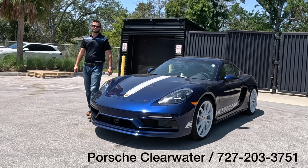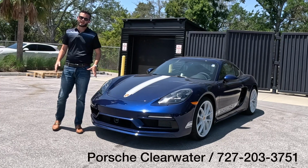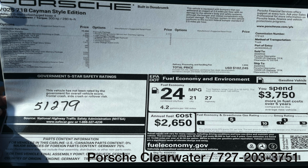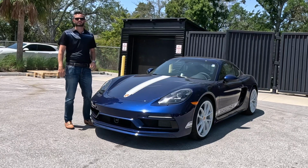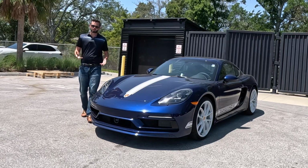Is the new 718 Cayman Styling Edition enough power? We're showcasing the 2025 718 Cayman in a metallic blue over black. We have a few packages, so this is going to increase the price over 6 figures, which brings that question